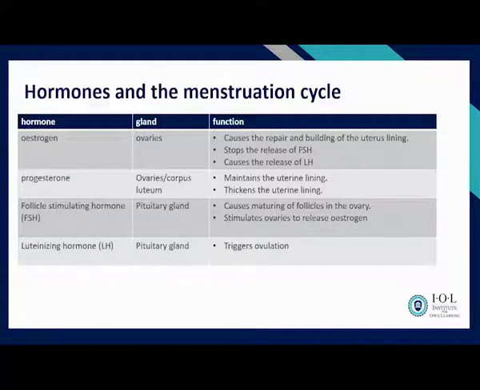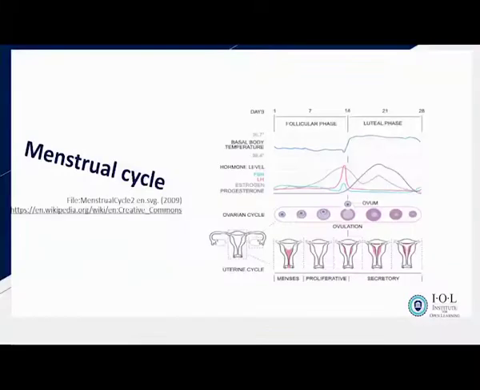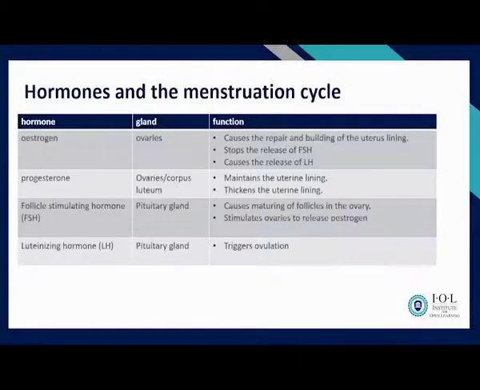Another function is to thicken the uterus lining. That is why you see that that hormone is very high immediately after ovulation, so that at least the uterus lining is maintained and the zygote will at least have a chance to